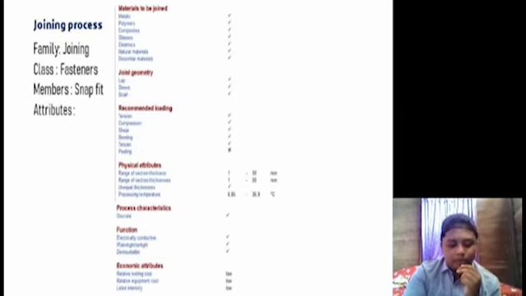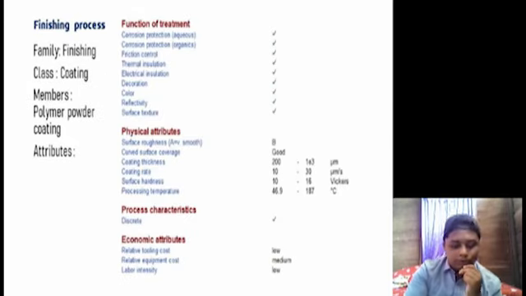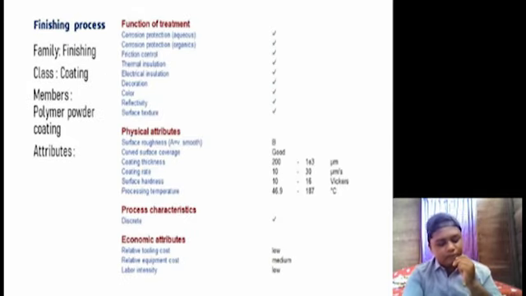For the joining process, the snap fit is used to join the headband because, based on the attribute, the headband can be joined in the geometries lap, sleeve and scarf. In this case, the headband is in lap geometry, thus it can use snap fit, which is more compatible. For the last process, the finishing process, it uses coating class and polymer powder coating because